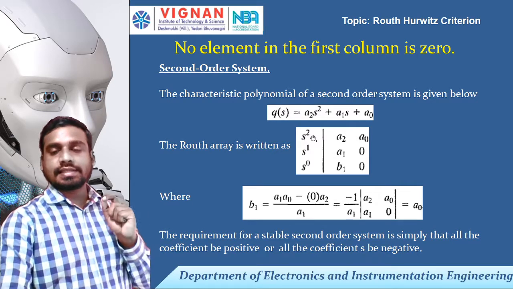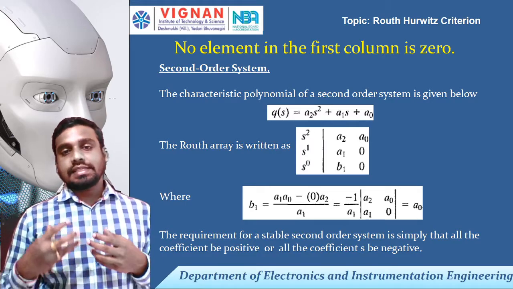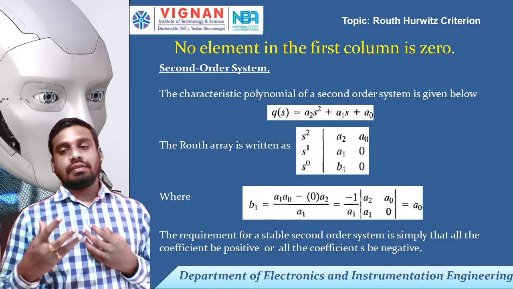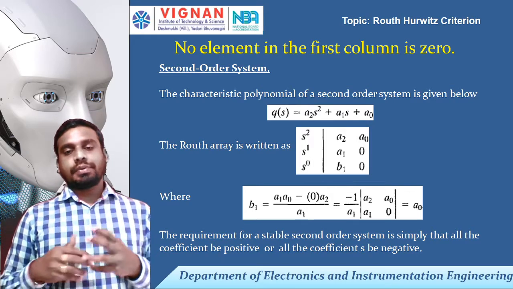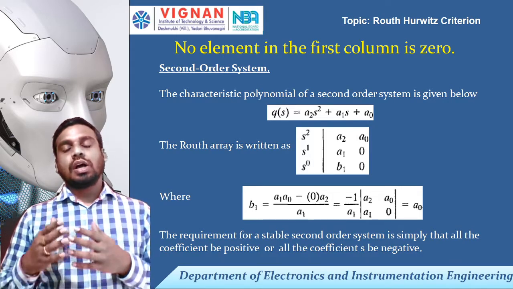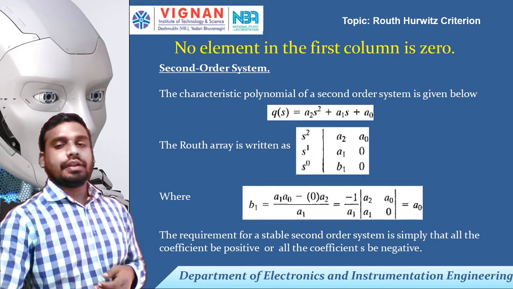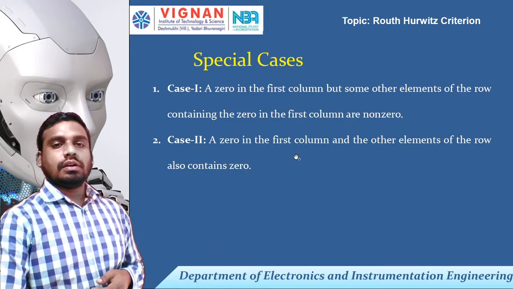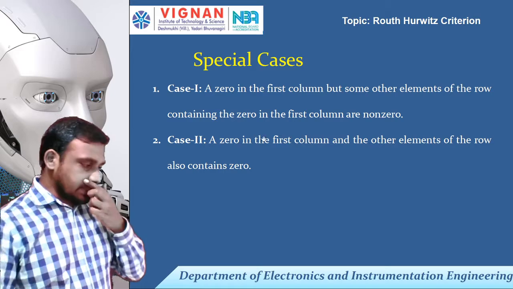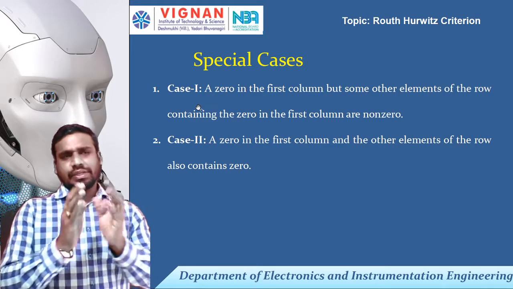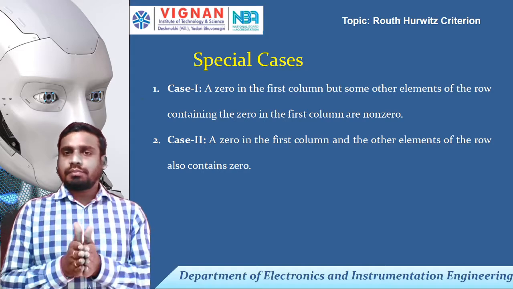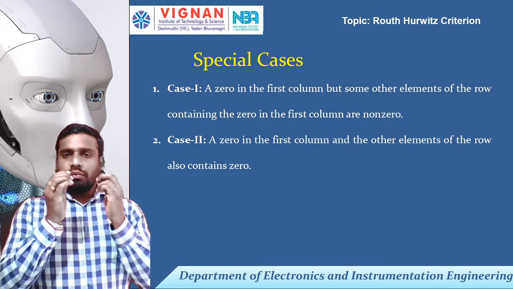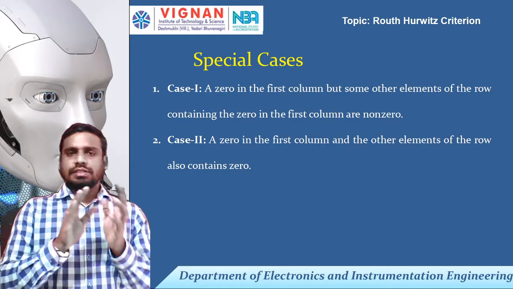If there is a change in the sign, compute how many changes in the sign you have seen in the table. Based on that, you can represent the number of poles on the right side, right? Okay. Then actually, as I mentioned, this is as simple as that. We just need to build the table, compute the first row, first column elements. Then once computed, check the signs based on the estimate.